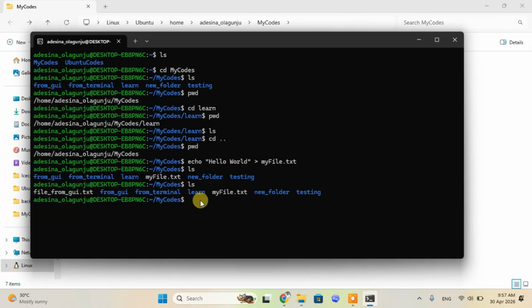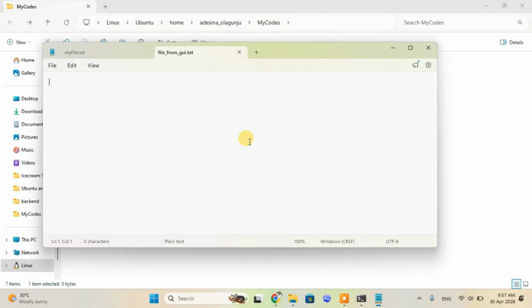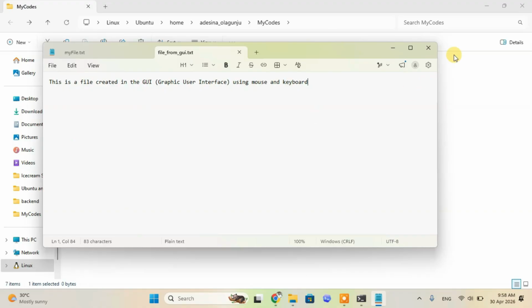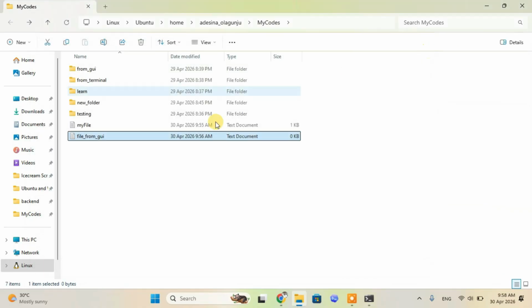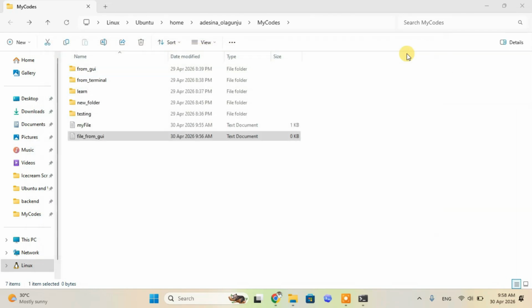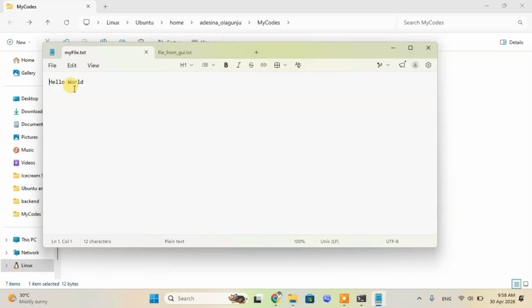Now let's open the file and write some things there in the GUI. Save and close it. Whenever you want to read it, you simply open it again with Notepad, just like this. Going back to the terminal,